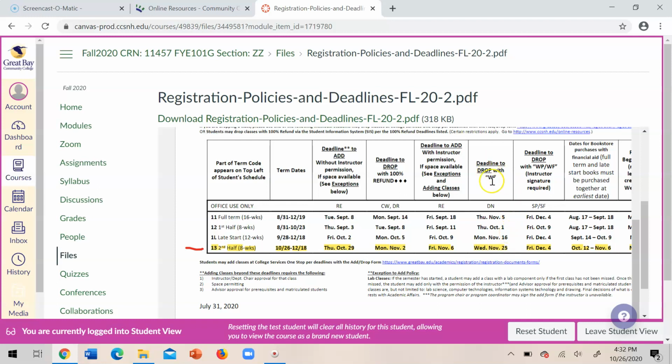If that's the case, make sure you drop by this date so that you don't get a grade that impacts your GPA. Okay, so all of these dates also apply to any other second half courses that you might be taking. One more deadline on this sheet